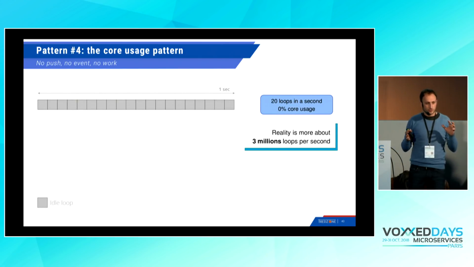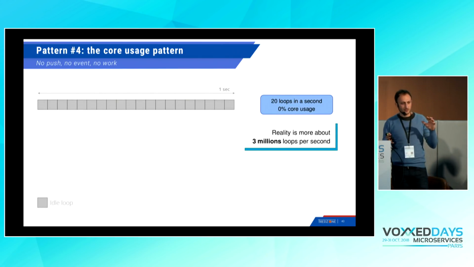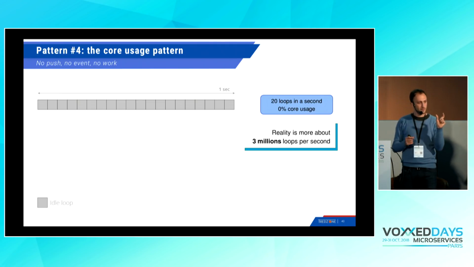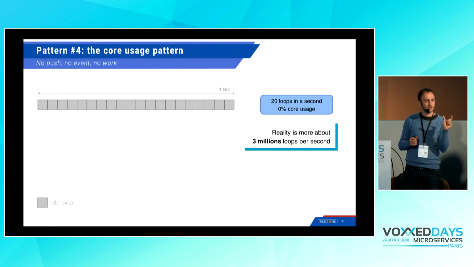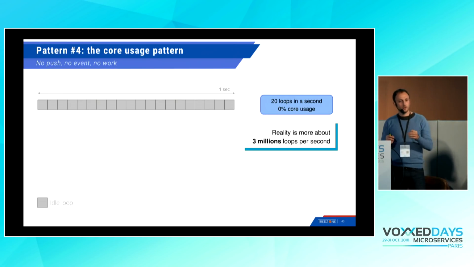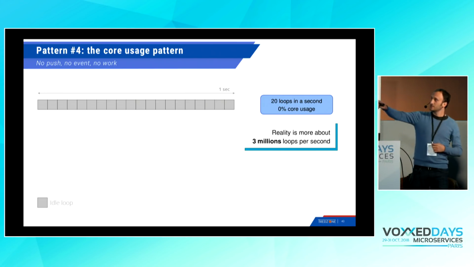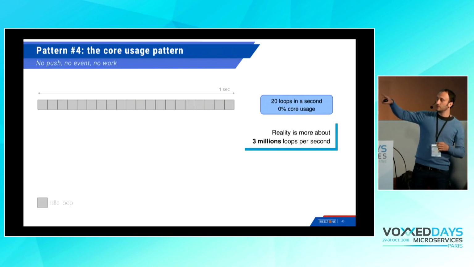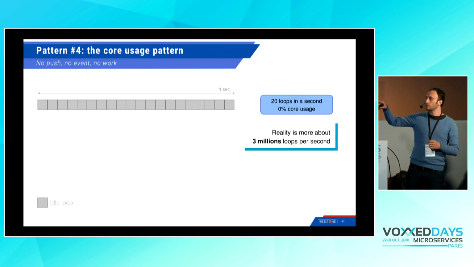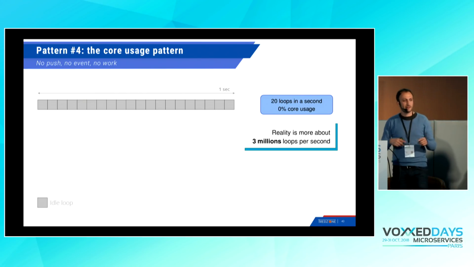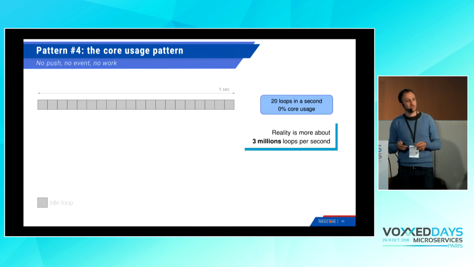So you should try to find how to know the real percentage of use of your CPU and know when you need to stop sending something. This is a simple example of a loop working, the event loop. And every loop here is idle. So I do nothing, like a while true when I do some networking.